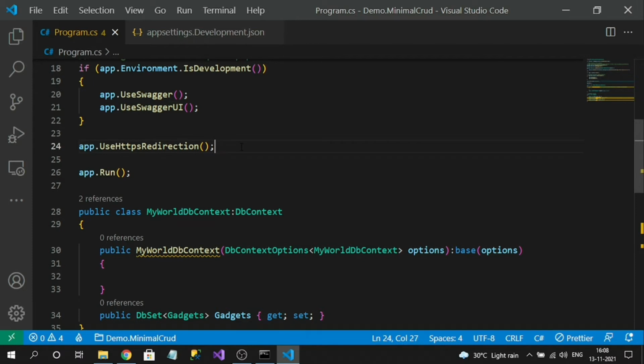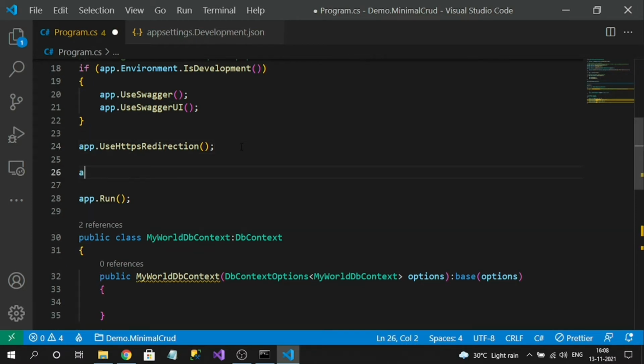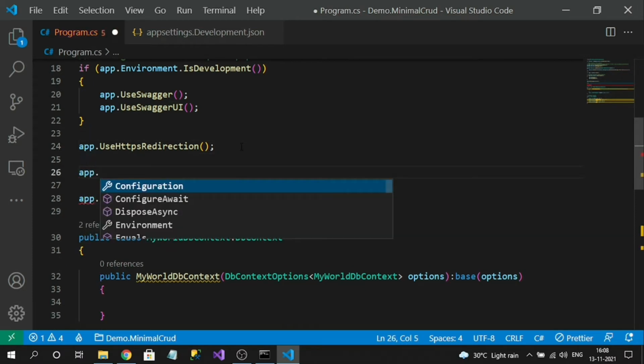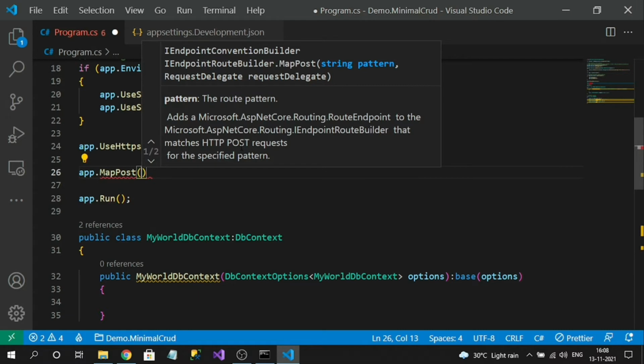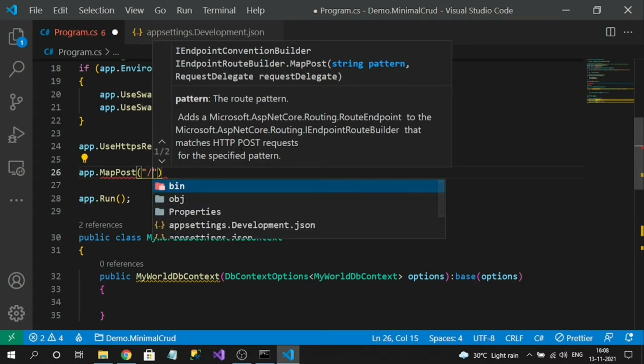We can use MapPost, because POST is for the create operation. It will have two parameters. One is the URL. Always your route should be prefixed with a slash.